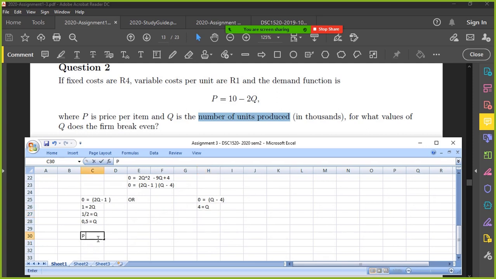All right, so p equals 10 minus 2q. Okay, so p equals 10 minus 2 open brackets 0.5 close brackets. P equals, let's work it out. It's 9. Okay, on this side, same thing. Copy paste. Okay, the q here is 4. All right, so the p is going to be